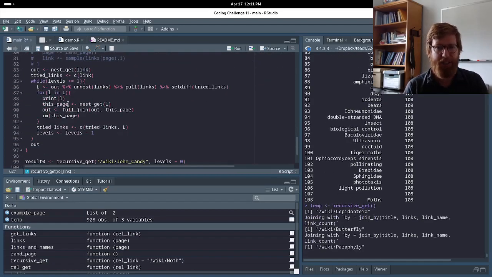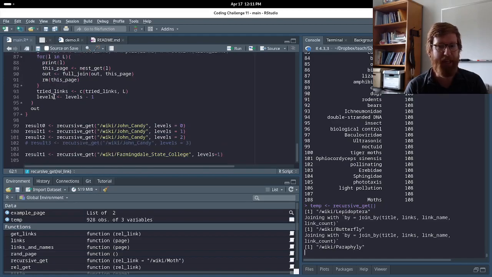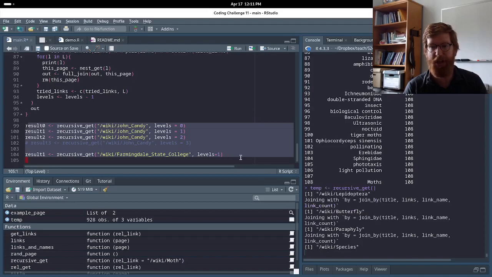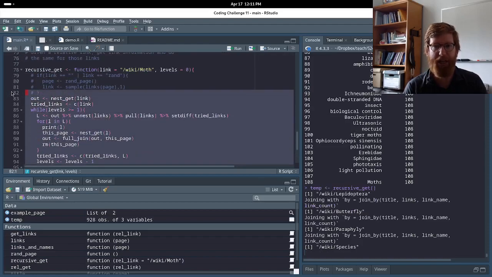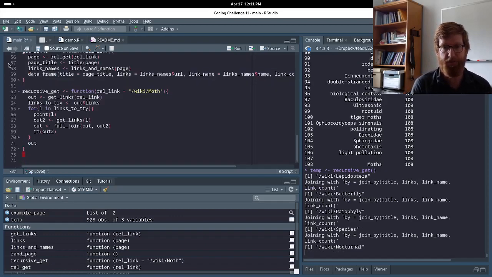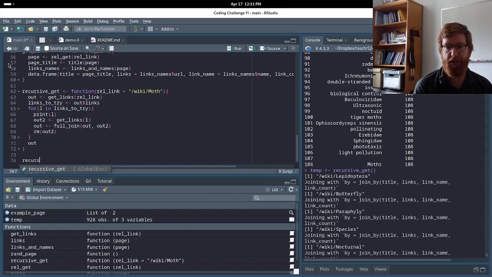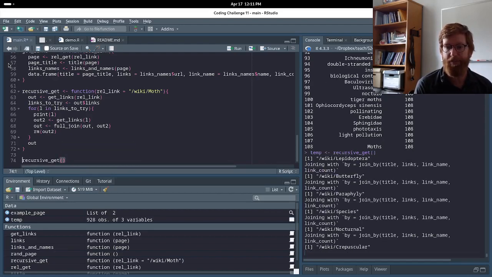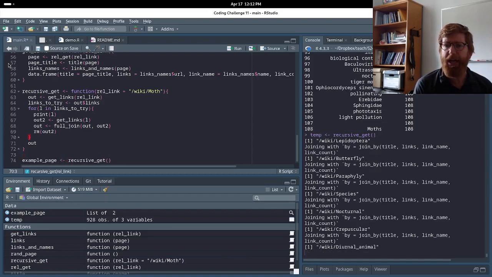So here, different ways of doing the same thing. Some samples, given that old stuff. I can safely delete all of this. Good. And then I could say recursive get. Cool. And